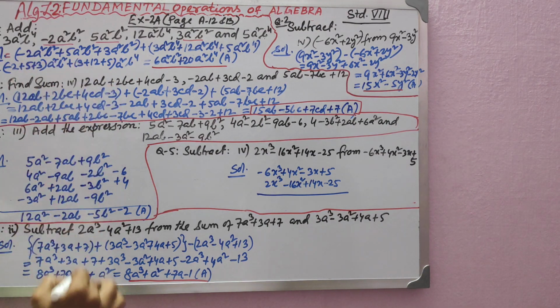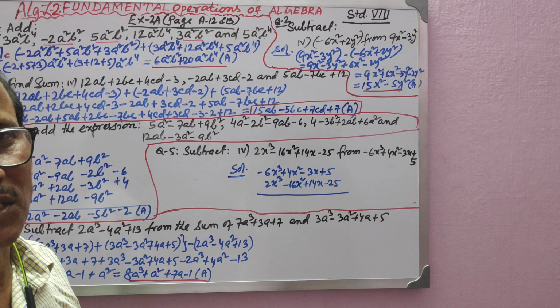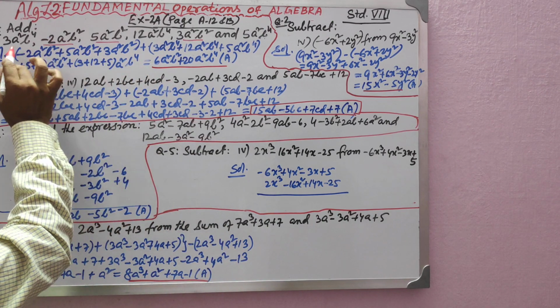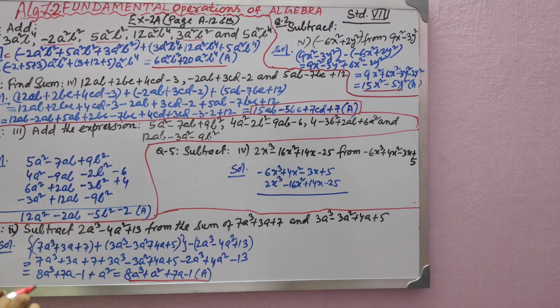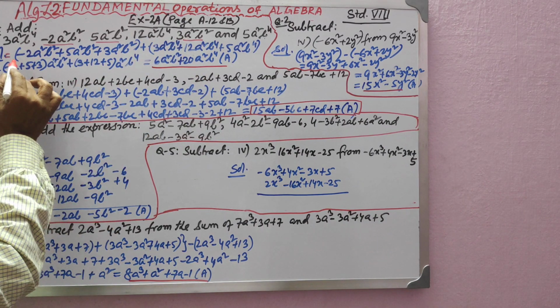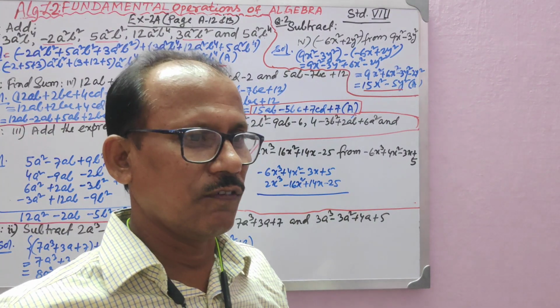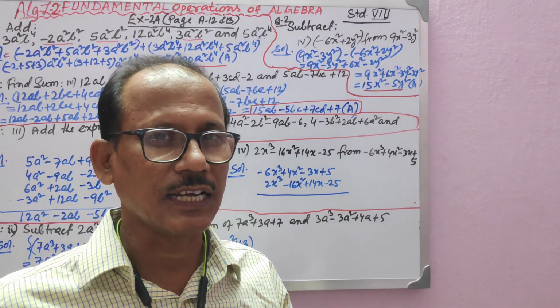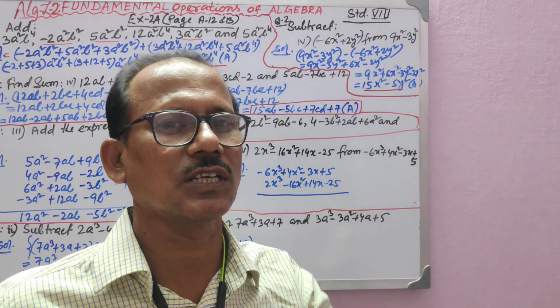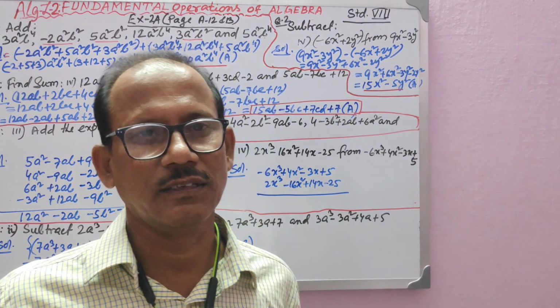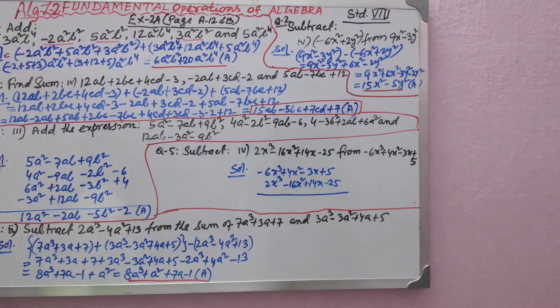So you see, 5 plus 3 is 8, and 8 plus 3 plus 5 is also 8. So that is what you know. You have picked all the like terms, the a square b square like terms, and written them. You have kept them in a bracket. It's better to keep them in a bracket. For addition, you need not keep them in a bracket. For subtraction, if you have more than 3 terms, then they have to be kept in a bracket, because in subtraction all those terms will reverse their sign. If it is plus, then it will be minus. Minus will be plus. That is why keeping in a bracket is always better.